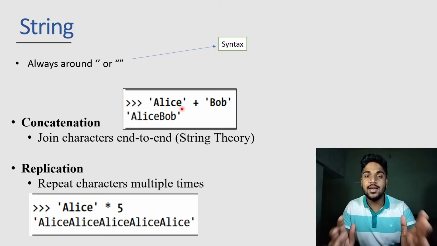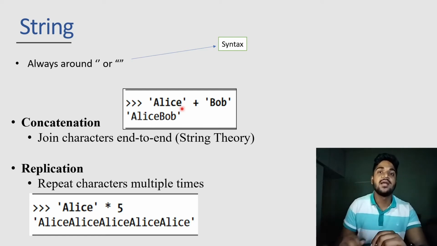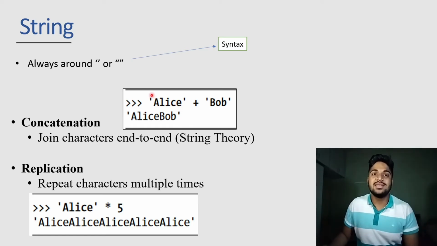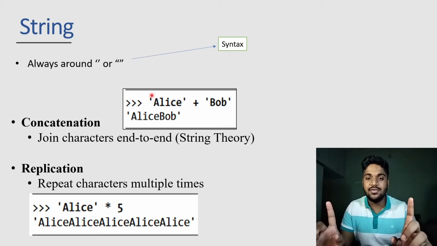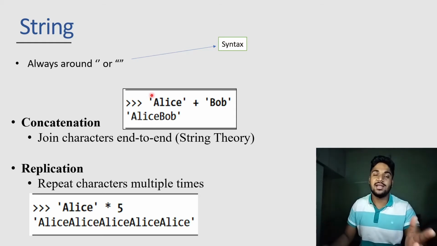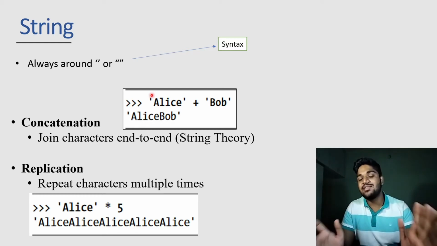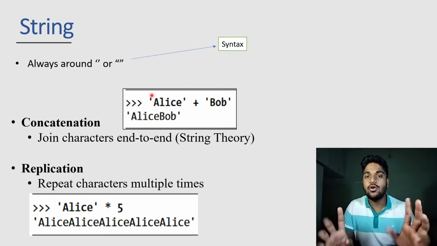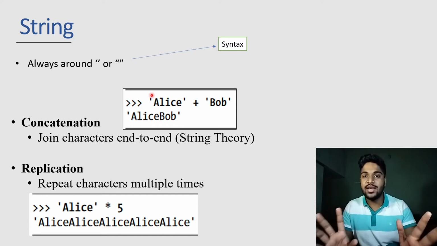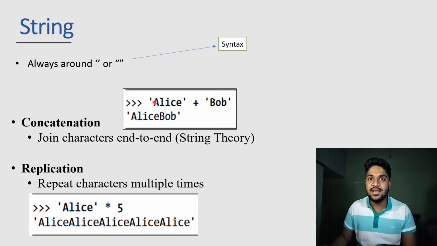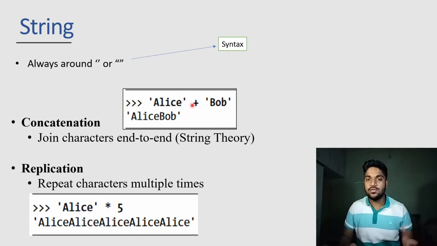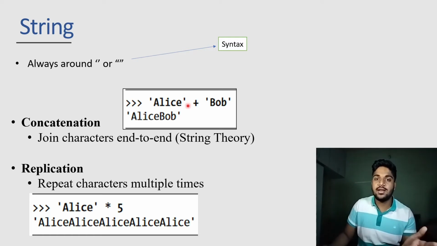A string can also contain numbers. We can use alphanumerical characters as a string. For example, this is syntax. Syntax is something that our interpreter will understand. Okay, this is a string. The syntax is a single or double quote, but we need to take care that if we are opening a single quote, we need to close the single quote, or if we are opening a double quote, we need to close the double quote. If we keep it open, Python will error out.